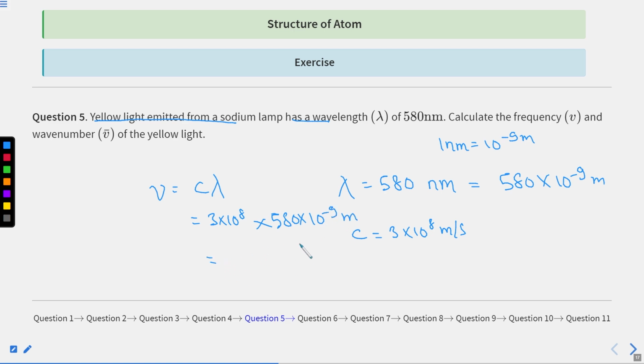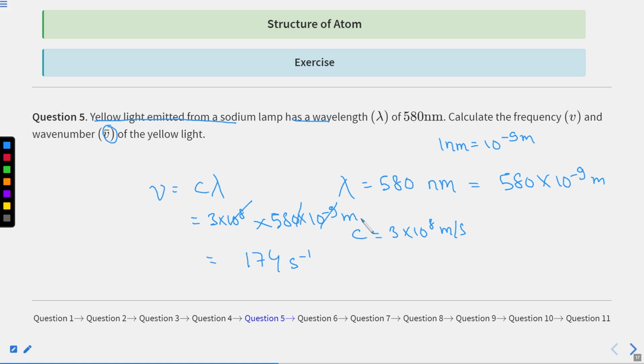So when you multiply it, that will be 8 times 3 is 24 and 3 times 5 is 15, 16, 17, and 10 to the power 9, 0, and this will be removed. That would give us the value of nu as this much second inverse. Clear? Now if again you have to give the value of nu bar, that is wave number,